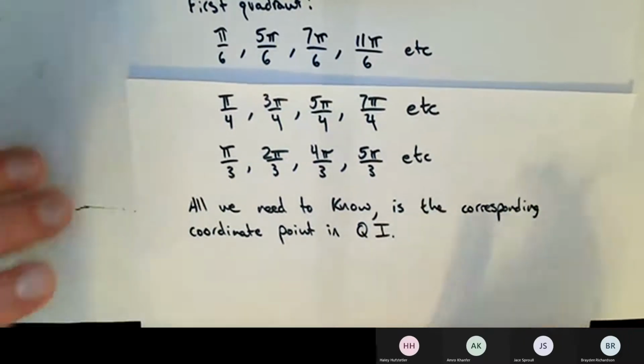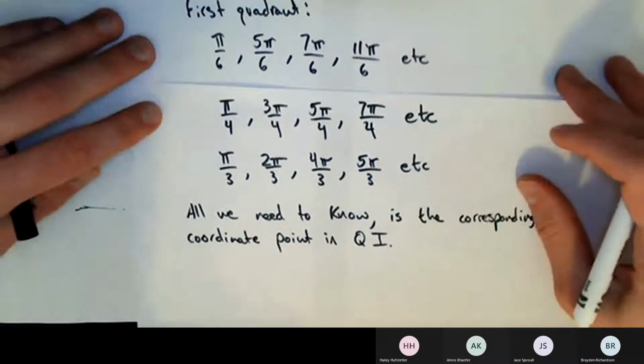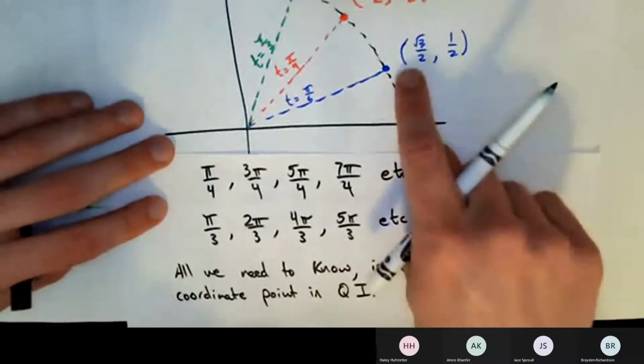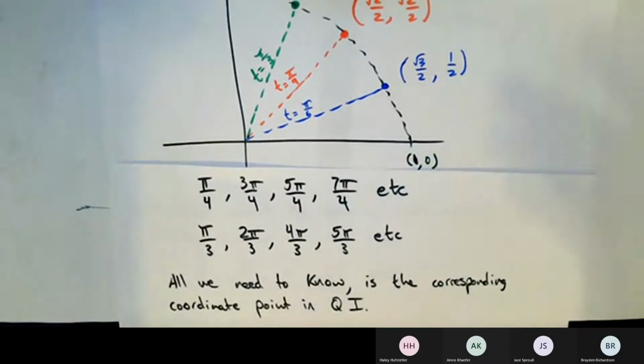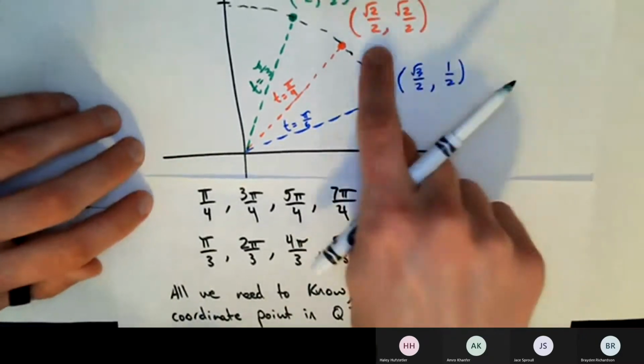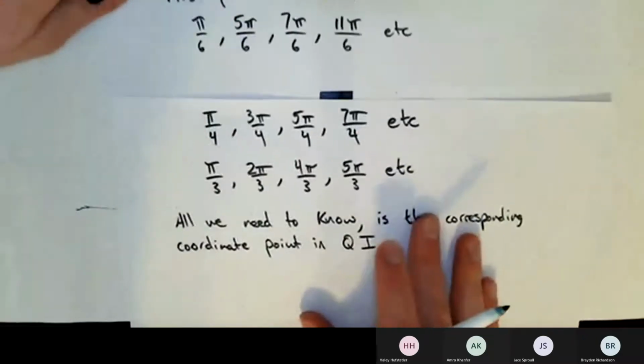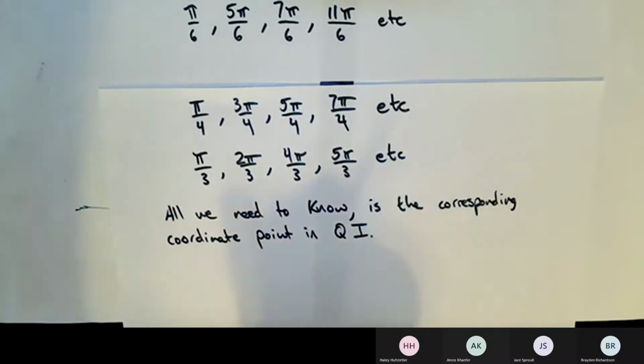If I'm dealing with a pi on 6, the corresponding coordinate point is the one I wrote in blue, square root of 3 over 2 comma 1/2. If I'm dealing with a pi on 4, it's this coordinate point, etc. So if I ask you to find t equals 7 pi over 4, you need to know the corresponding coordinate point for your angle as it exists in quadrant 1,